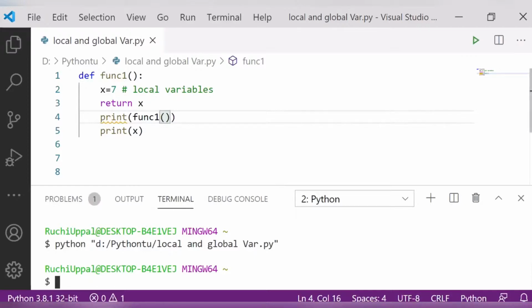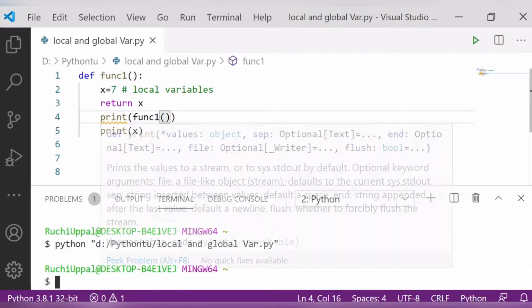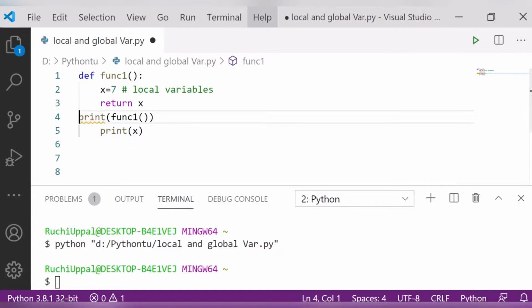Fine. So now what will happen if, just suppose, it has to give me the value of whatever x is called over here. For that purpose, let me check the indentation, because we have to take care of such little things here.